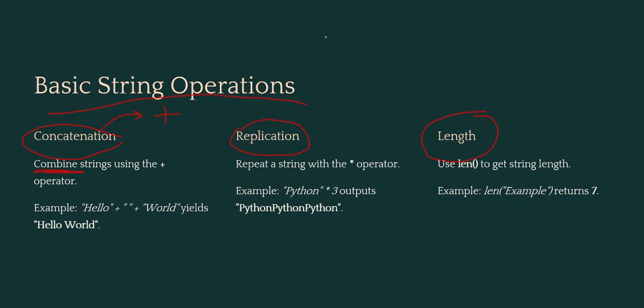Okay, take a simple example. I am having, let's say, a string that is hello. I'm having another string world. I want to combine both the strings together by keeping space in between. So what I'll be doing, I'll be creating one string in which I'll be putting space, and I'll be combining all three strings together.